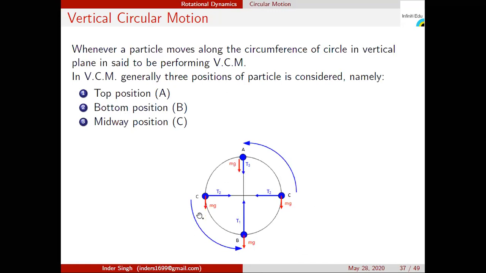Always we have to rotate the particle or circulate the particle in anti-clockwise direction in order to get majority of the physical quantities positive. We can see that this red color mg, this is the force acting on this object, which is constant and in downward direction. ये जो tension है, it is what, variable, and tensions are always directed towards the center. T वाला length, it is what, very large. That means tension at the bottom position is very high, while the tension at highest position A, it is what, very less. And TC, it will be midway between TA and TB.